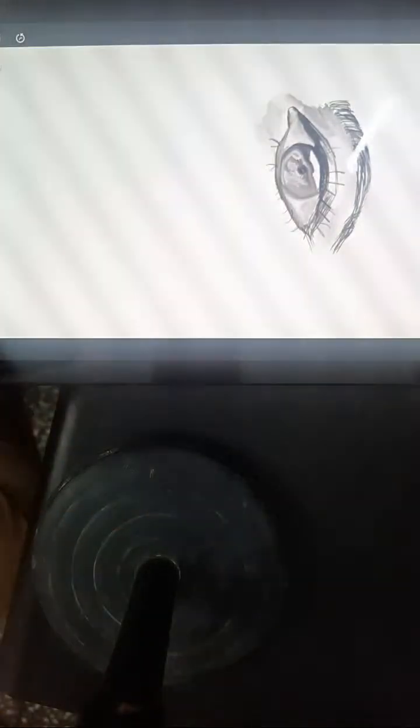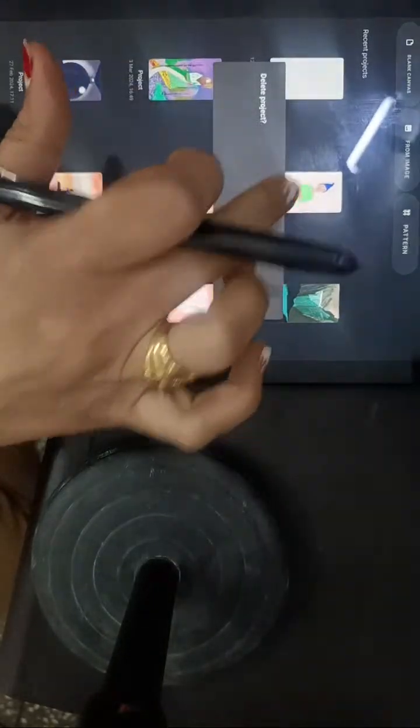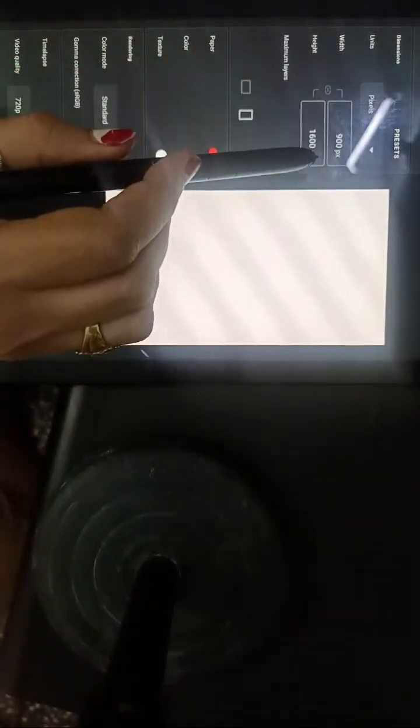That I have drawn, and we are going to draw the similar eye on Infinite app. So let's go back and delete it. Discard changes, yes. I'm going to take a blank screen, and the width would be 900 and height would be 1600. So I would appreciate if you create it by hand, but if you cannot, then